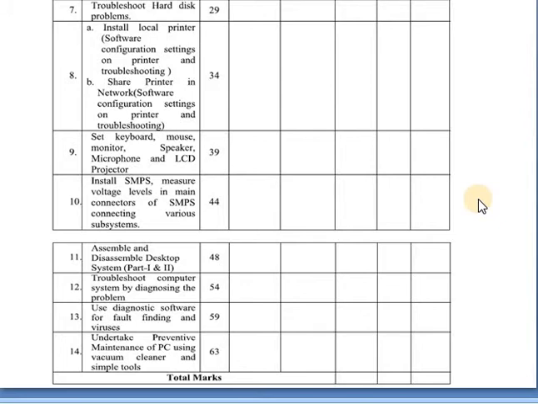Okay, and 12 volts is also required for smart chassis fans. Hence the computer power supply can convert the 220 or 230 volt electrical supply to plus 12 volt, minus 12 volt, plus 5 volt, minus 5 volt, and 3.3 volts. Okay, meaning it converts AC to DC electric power.